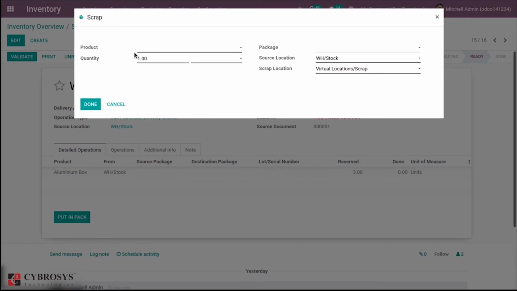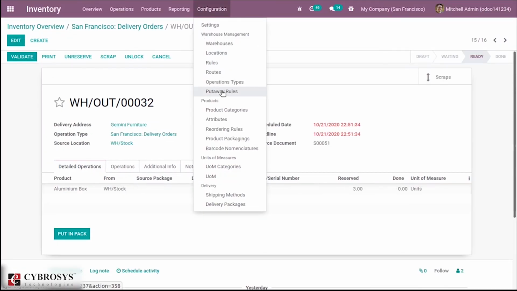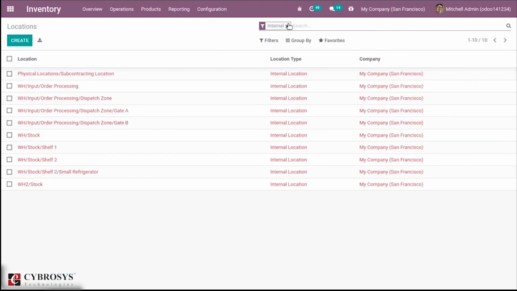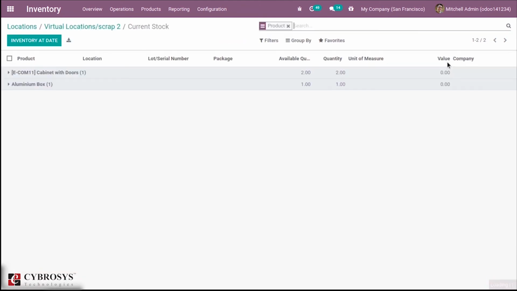So you can click scrap, and one product is damaged. Then we can move it to the scrap 2 location. When you come back, here we can see our aluminum box added, available one quantity.